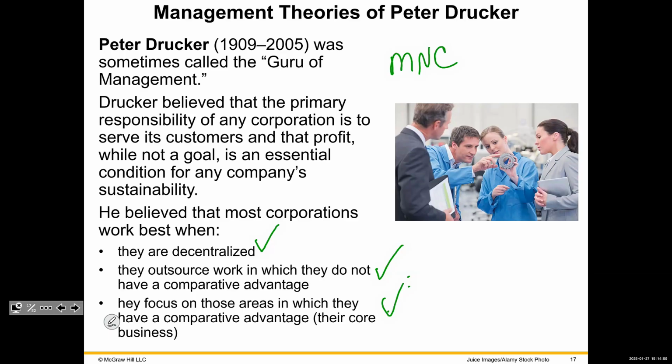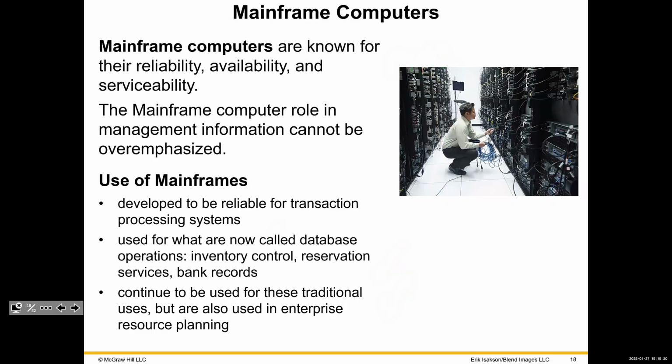And so what you're thinking here is decentralized, but to outsource what you don't do well. So then we have a conflict with multinational corporations, right? Because then you're trying to do everything. Can you really make Tide and all the other products that Procter and Gamble make? Some companies do it well, right? And some companies don't. So again, take these as just theoretical constructs to hopefully prove a point in business at one point, and then go from there.